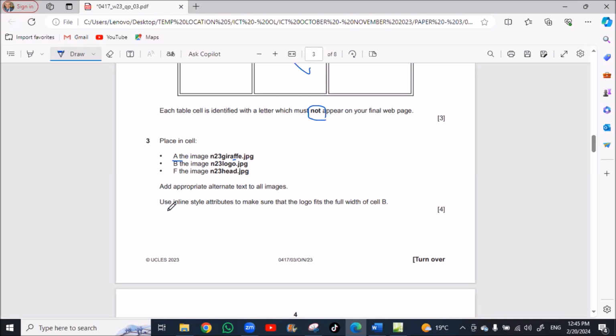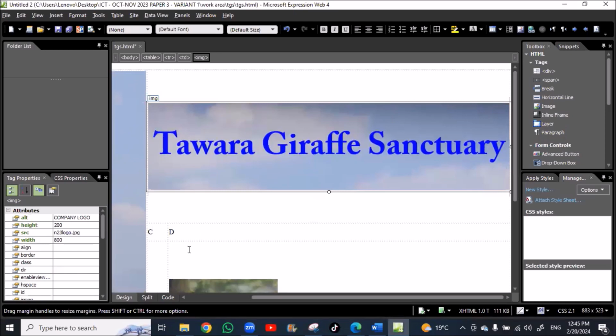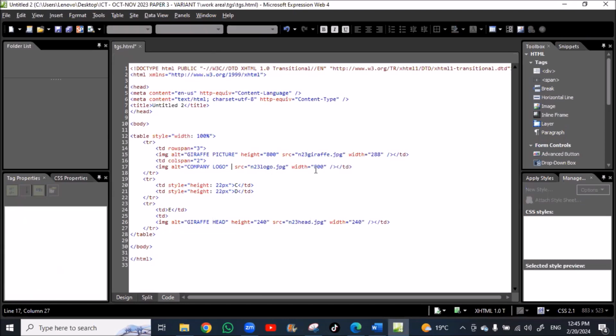We did this. Use inline style attribute to make sure that the logo fits the full width of B. So we'll select this B and go to the code. We need the width with 100%, so we'll remove this dimension as a height and remove this width.